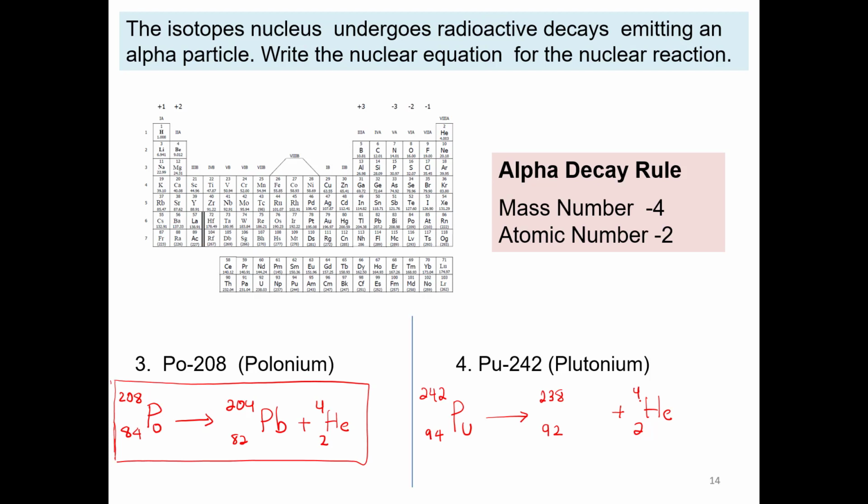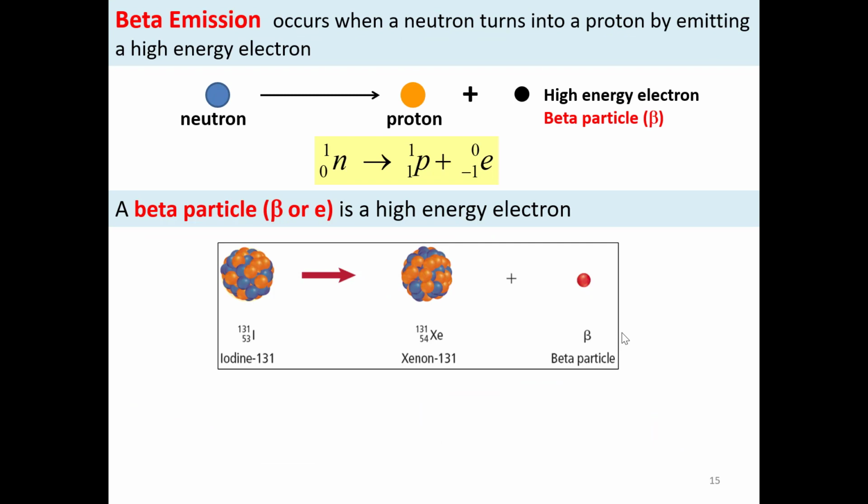And let's see what is the isotope we have here. Then we need to see which element has the atomic number 92. In this case, 92 is uranium. And this will be the nuclear equation for plutonium. The other nuclear reaction we are going to discuss is beta emission, and it occurs